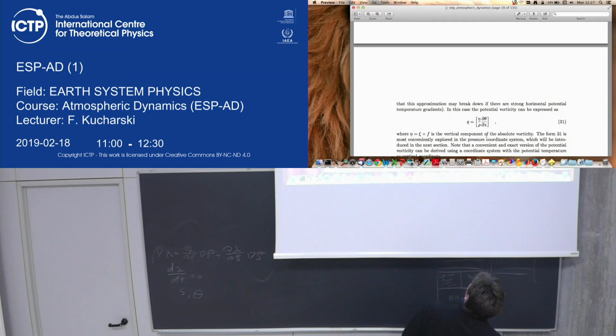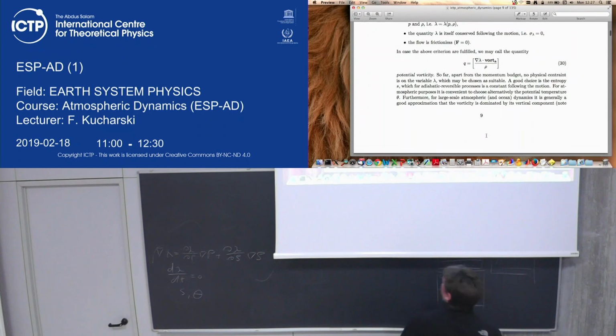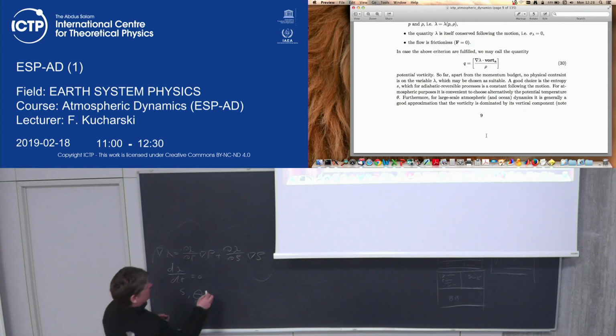Anyway, for the atmosphere then, if you pick theta, the potential temperature, which is related to temperature and pressure, or density and pressure, any other two thermodynamic quantities, if you pick that, and we know that for a large-scale motion, actually the vertical component of the absolute vorticity is the most important one, governed by the horizontal velocities, then we get just Q, to good approximation,